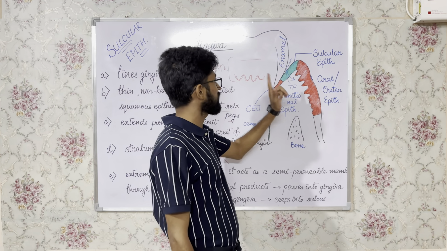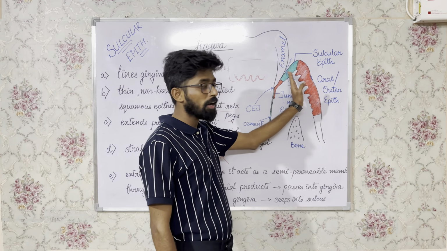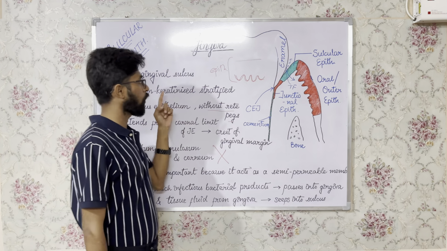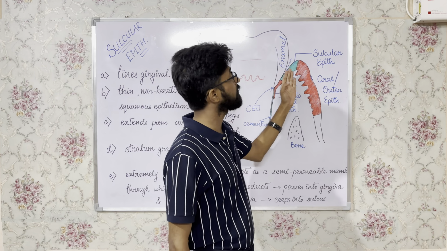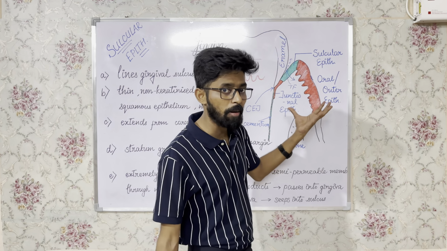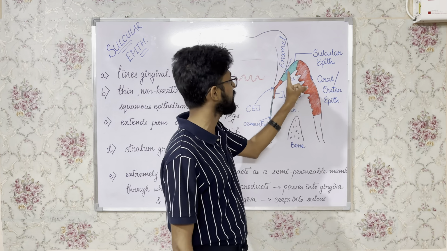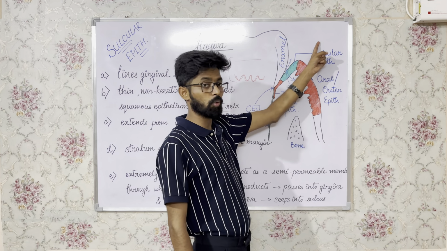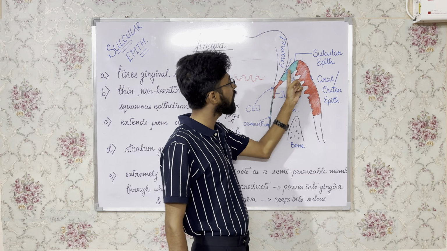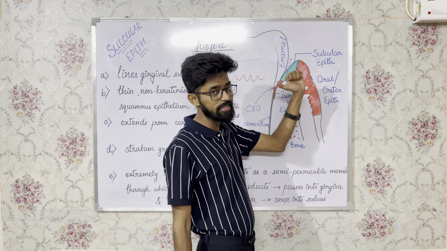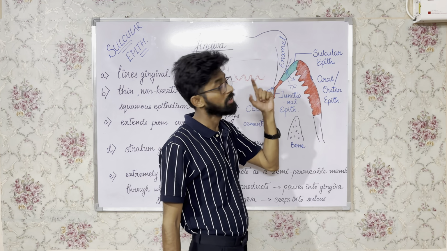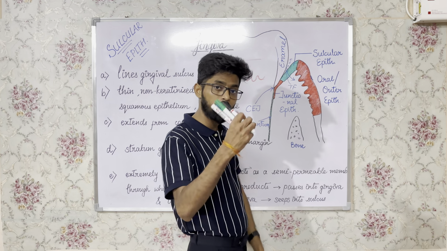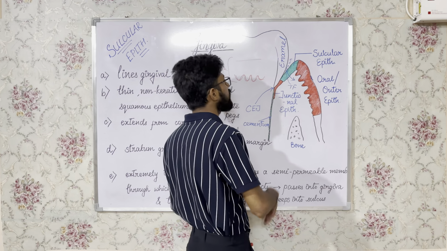So reports or studies have suggested that, first of all, the sulcular epithelium is non-keratinized, but sulcular epithelium can gain some keratinization ability if it meets 2 conditions. If it is exposed to this oral cavity, अगर sulcular epithelium इस जगह पे आ जाए, oral cavity से expose हो जाए, outer epithelium की जगह पे आ जाए, if sulcular epithelium is exposed to the oral cavity, then it will gain the power of keratinization.